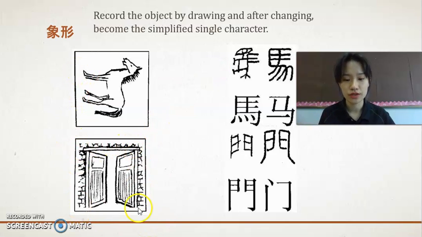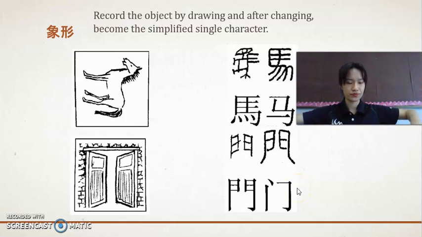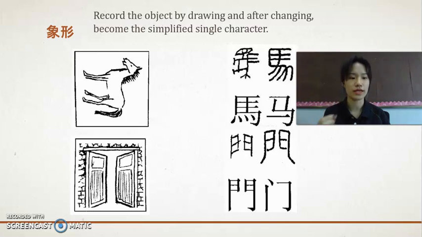The same, we use the picture of the ancient Chinese door to tell you the character door, 门. A long time ago, it looked like this, the pictogram. It was first copied from the picture. And then as time went by, it changed. Right now, it looks like this, the simplified word. And as you can see, it still conveys the outline of the door. So it still makes sense. It still looks like it, maybe a little bit. Those kinds of characters are called 象形. And make sure it's a single character. You can't take it apart. If you take it apart, it becomes sticks. It doesn't make any sense anymore. So it needs to be the whole body.